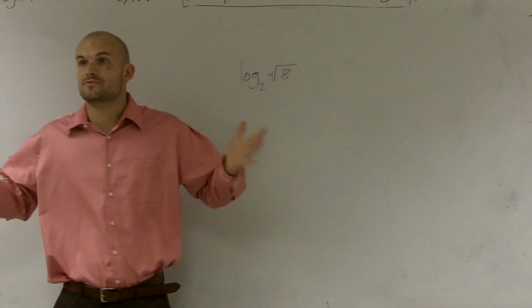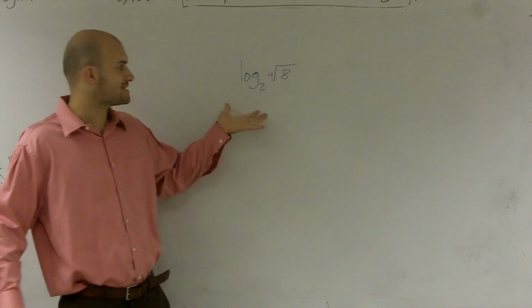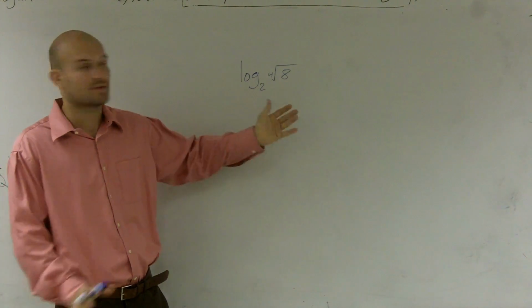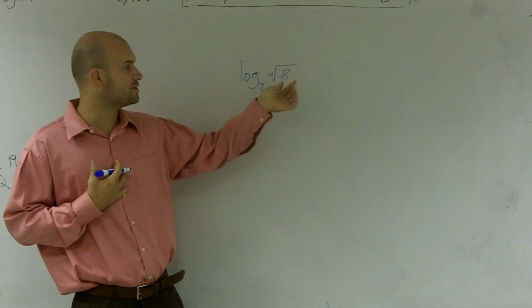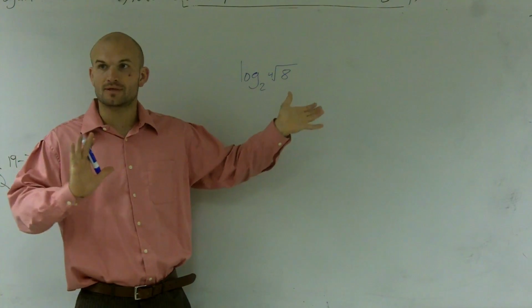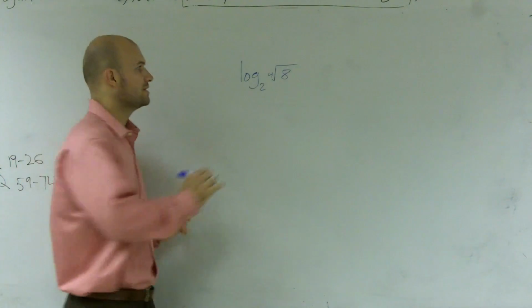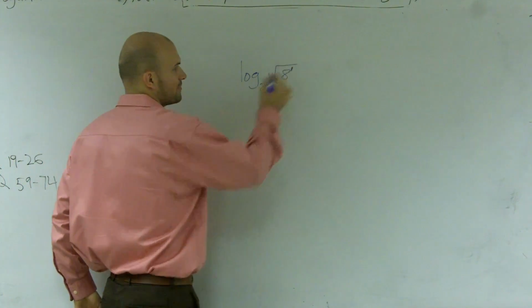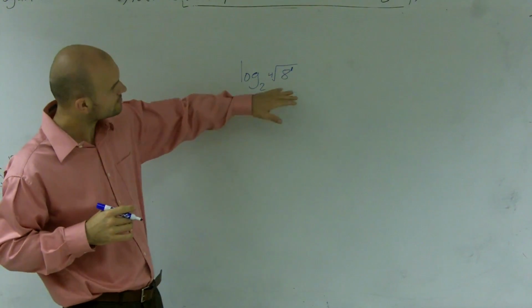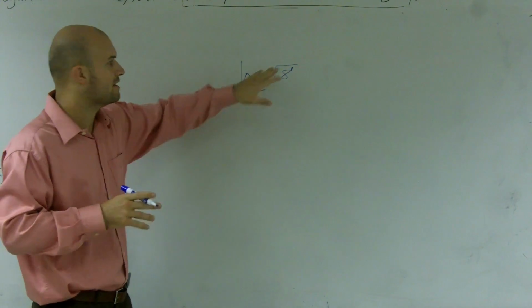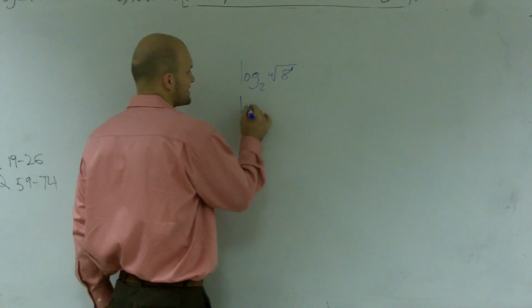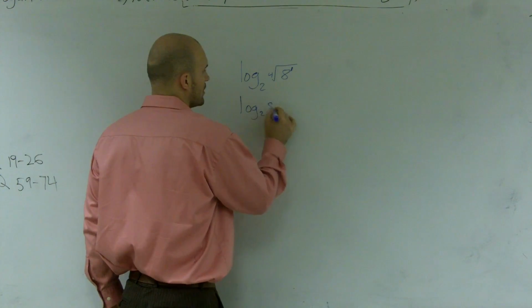So, guys, we're just going to follow the rules of logarithms. What it asks us to do is evaluate this log. A couple things you guys have to remember. When using logarithms, we don't want to deal with roots at all, so we want to put them in exponent form. Remember, I can put an exponent up here in my radical, and that's going to be 8 to the first power. Then I can rewrite this as log base 2 of 8